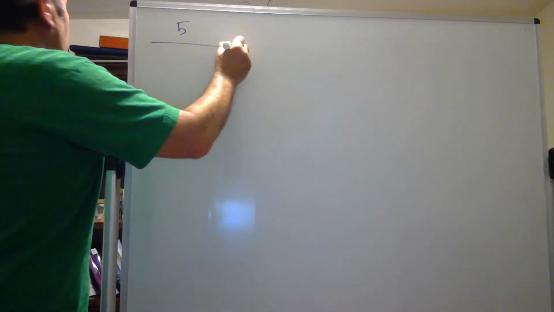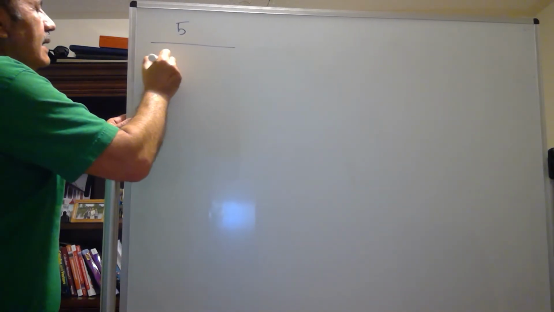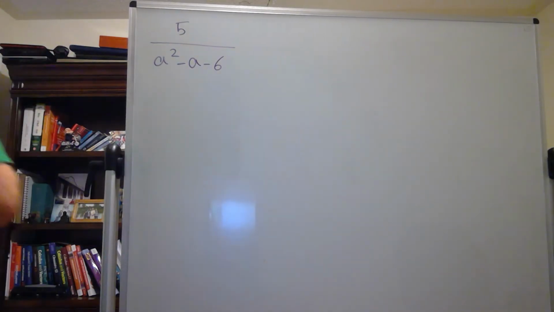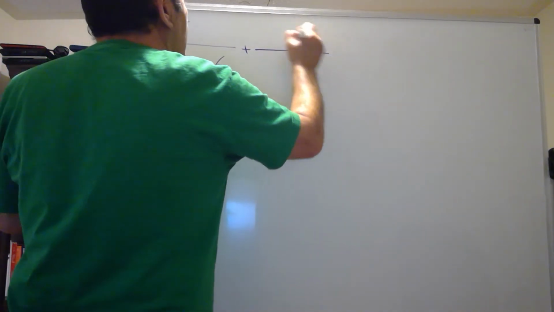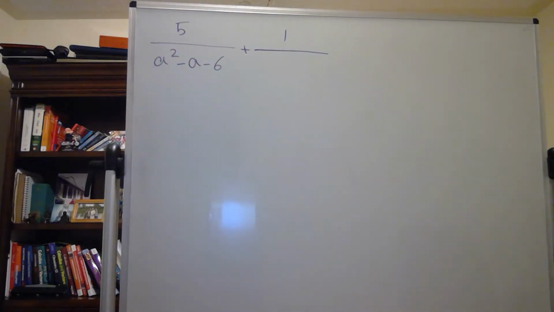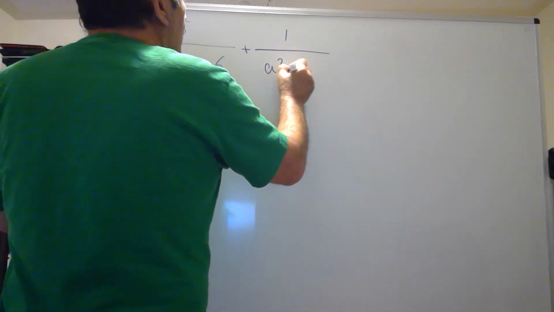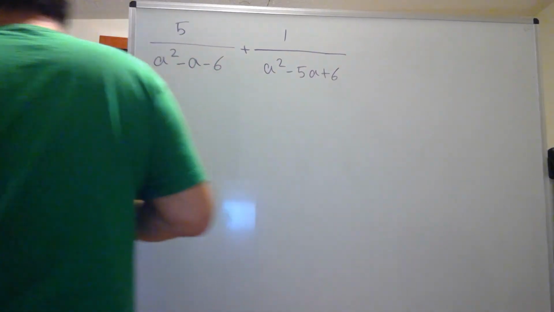Five over a squared minus a minus 6, plus 1 over a squared minus 5a plus 6. Okay, let's do these